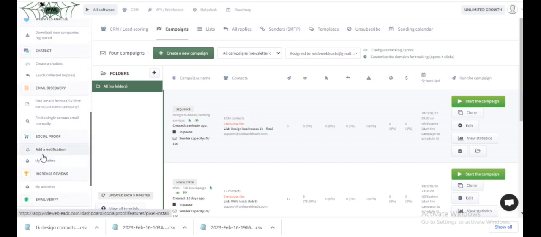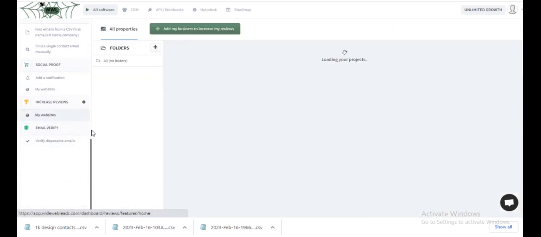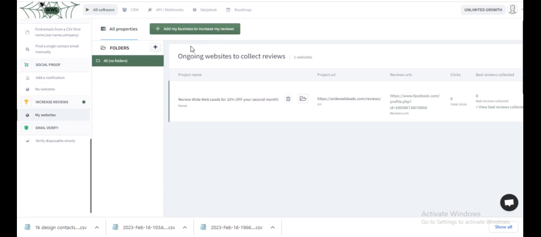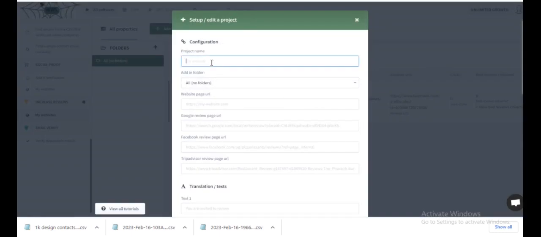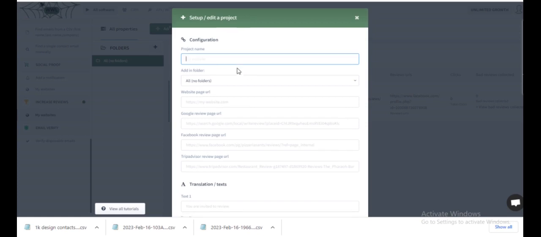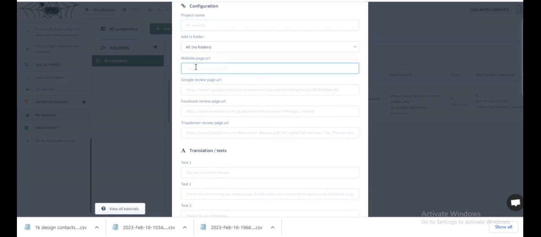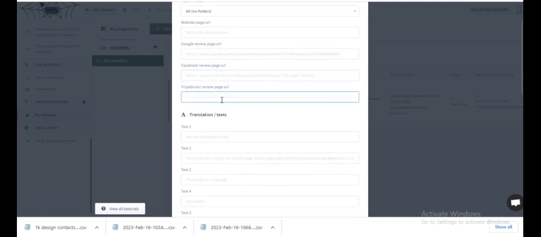With reviews, this section is going to be very, very easy. But you essentially just want to add your business here and add your website name, add your website URL where you'll be able to collect reviews, Google review or your Google review page, Facebook, TripAdvisor as well.